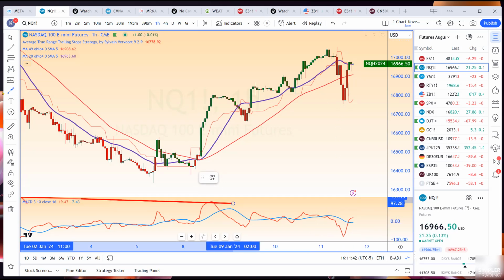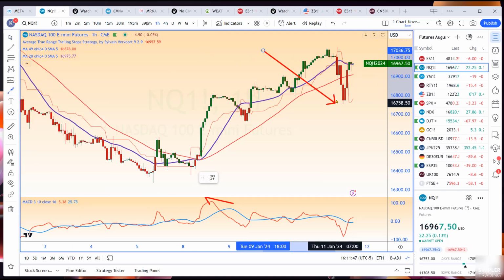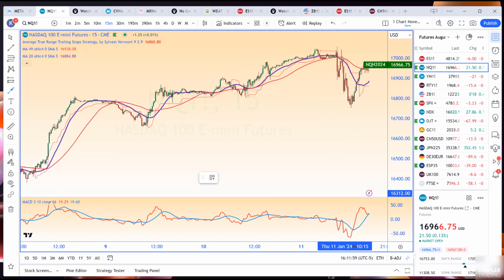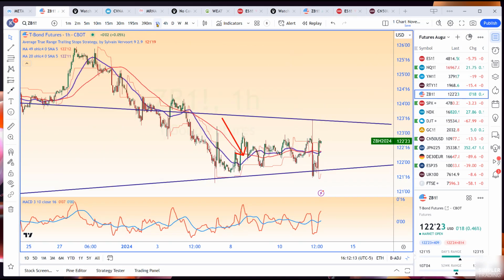You got oversold on the top. Right at support. Oversold on a MACD at support. That is not where to short things. If you put up a 15-minute chart, yep, oversold at support. The same thing. You just can't do it there. So that is the main reason we didn't short the NASDAQ or the ES in the hole. The next is the bond market. Like I said, it kept where it needed to stay, which means it didn't break down.